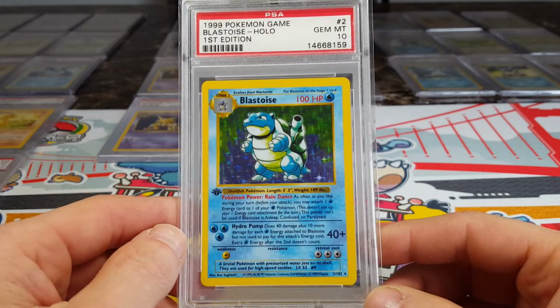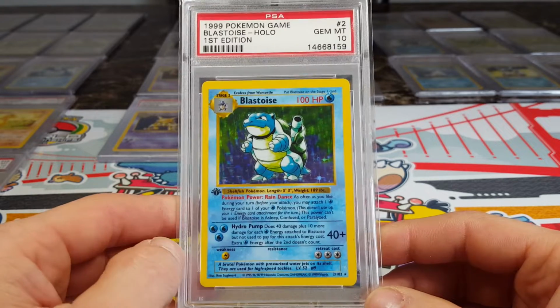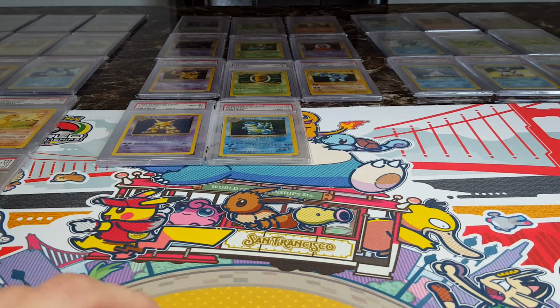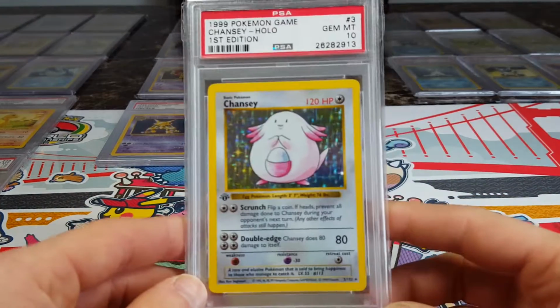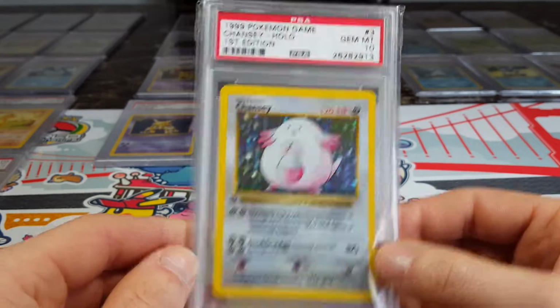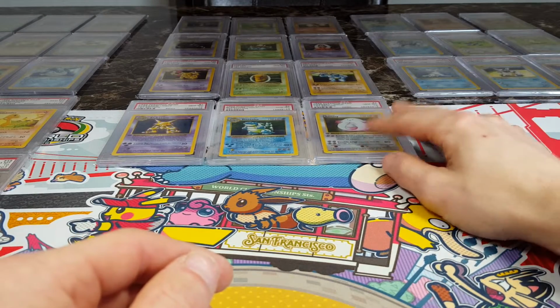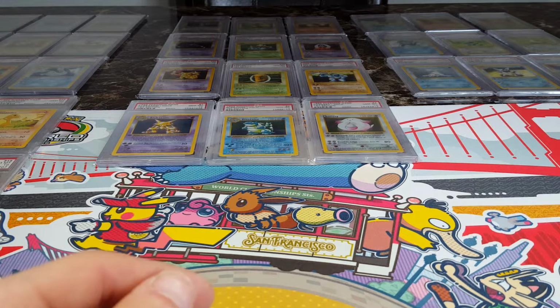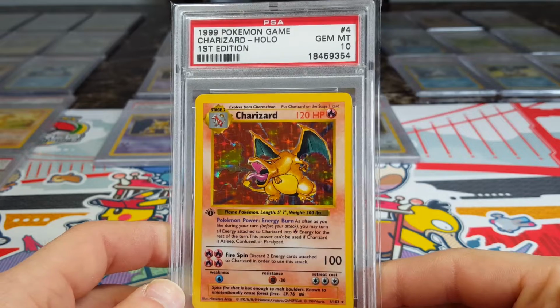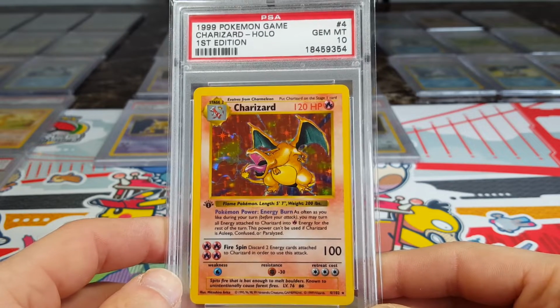They're so amazing. We got Blastoise. This one will set you back a pretty penny. It's a great card though. It's the big 3, so it's what's to be expected. Chansey, got this one for a decent price, and these are pretty hard to grade in a PSA 10, that is for sure. And then next up, we got the most iconic holy grail of all Pokemon cards, the Charizard,